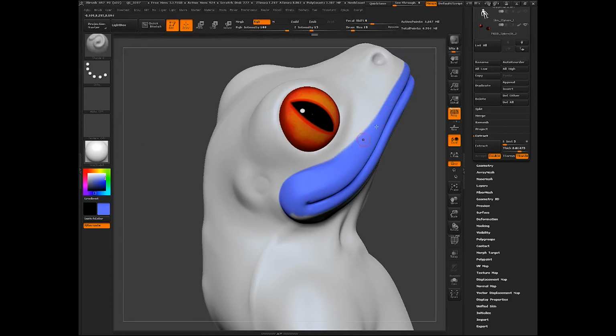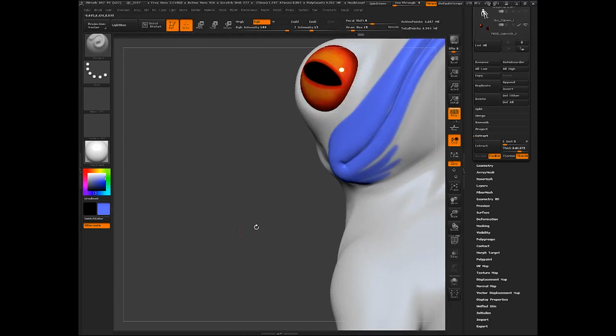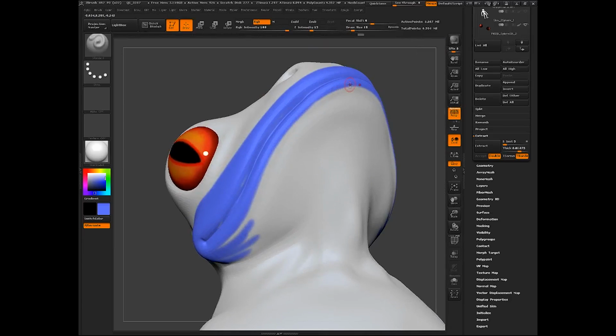Alright, so you can kind of see where that blue meets the white right at that crease on the mouth, right at where the flow changes. And you can see there's a crease underneath the mouth, and I'm just painting it in like so.